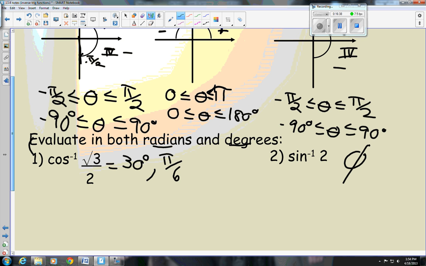With your unit circle, keep it handy. Let's do the inverse tangent of the square root of 3. Now this is a little bit trickier